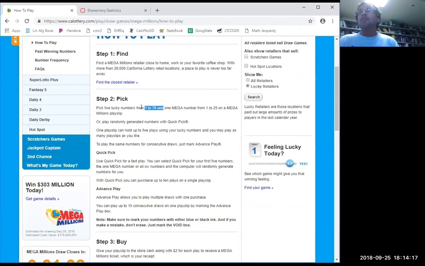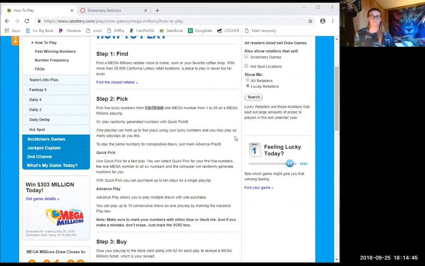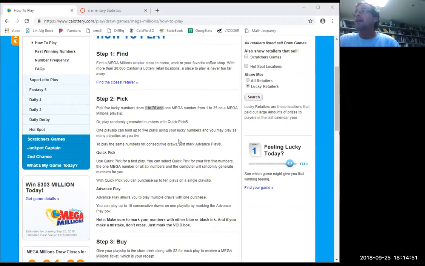So fortunately, the calculator does that for us. So let's go ahead. And I told you there's going to be lots of shares on this one. Now I'm going to show my calculator. Oh, by the way, I should jot it down. And there were 1 through 25. I'm going to jot it down so I don't forget. On a piece of paper, 5 from 1 to 70 and 1 from 1 to 25. Any questions on that?